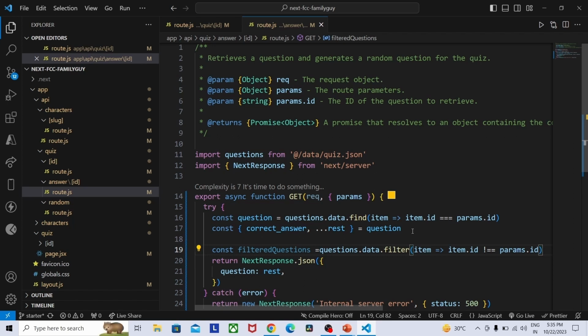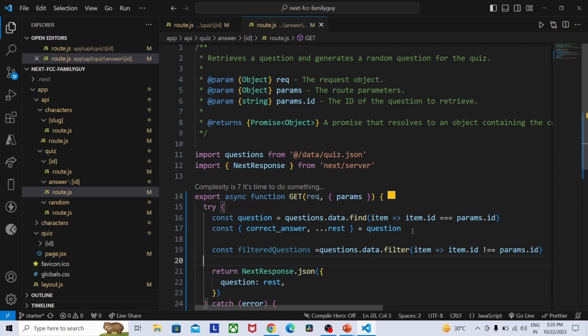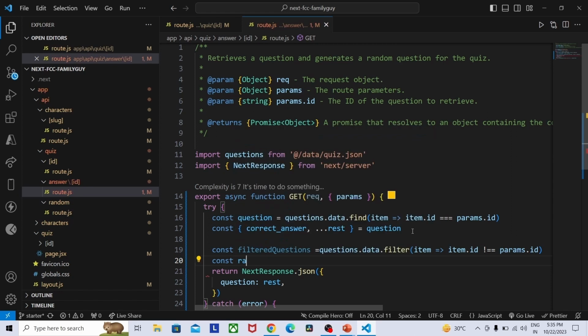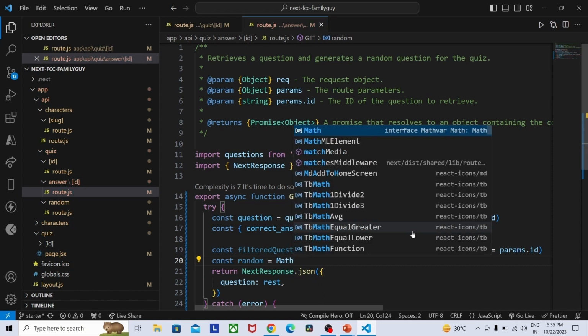Next, create another variable called random. So constant random maths